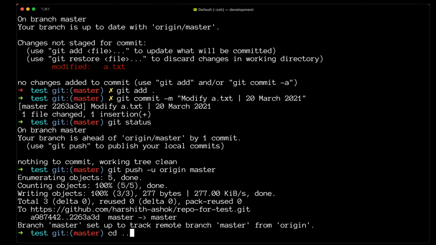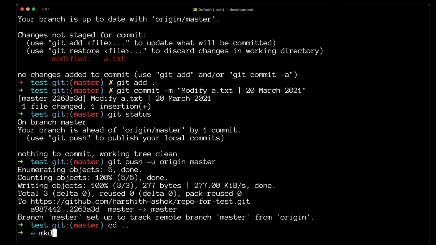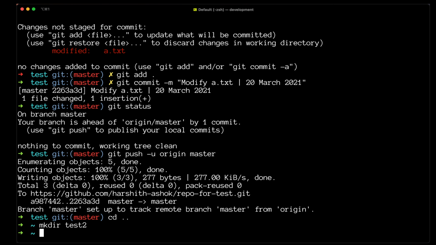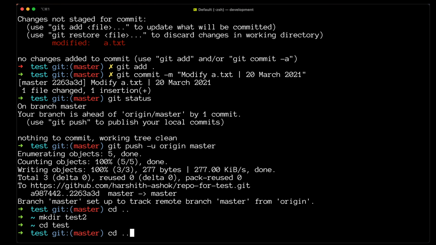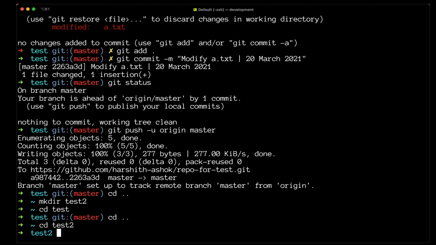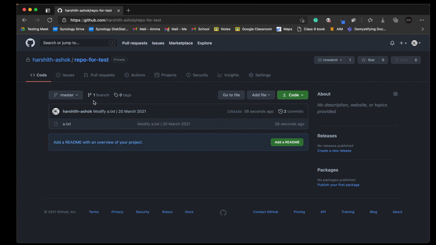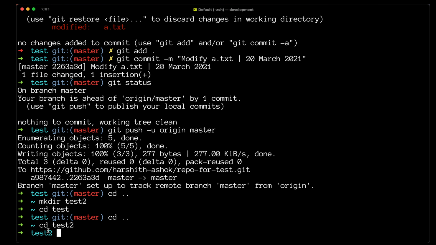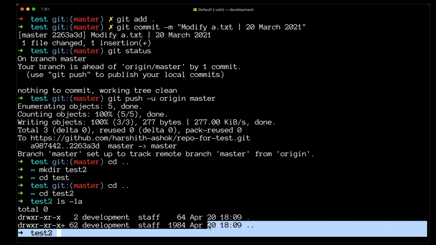Now I'm just going to leave this folder and create a new folder called test2. Okay, what if you want the contents of test folder to be in test2? Now when we give ls -la, you can see that nothing is here.